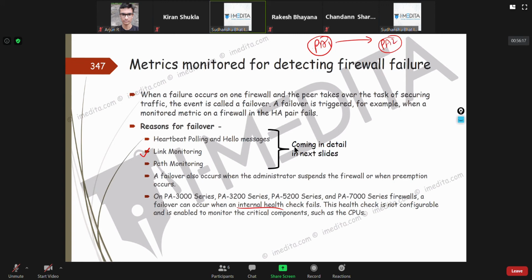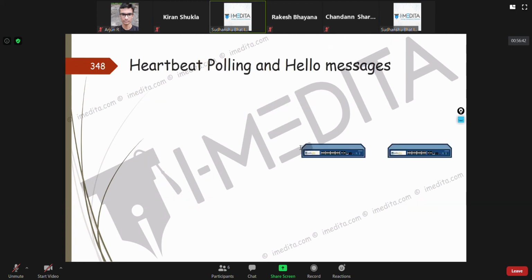If it detects a hardware failure and the firewall is active, it will give up and say, okay, I will not be active, and the other firewall can take over. So this can also be a reason, in the rarest of rare scenarios. So I gave you 5 reasons. Let's discuss heartbeat polling in detail, then we'll go to link monitoring and path monitoring in detail.